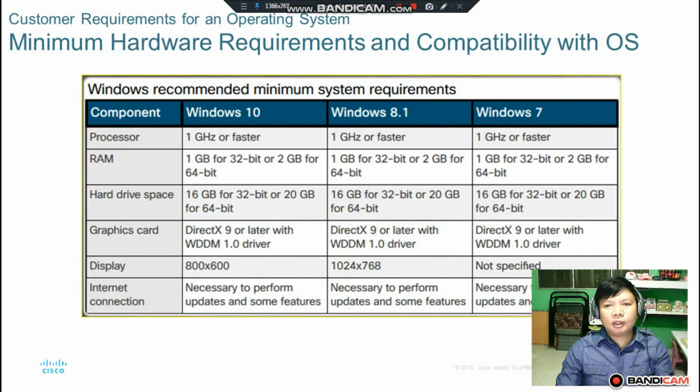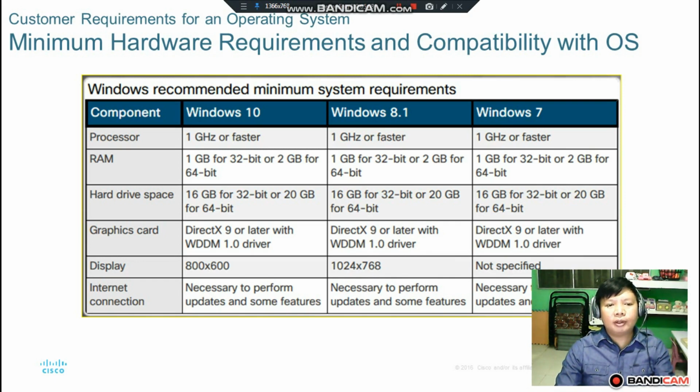Minimum hardware requirements. Windows recommended minimum system requirements. Components: processor, RAM, hard disk space, graphics card, display, internet connection. Windows 10: processor, 1 GHz or faster. RAM, 1 GB for 32-bit or 2 GB for 64-bit. Hard disk space, 16 GB for 32-bit or 20 GB for 64-bit. Graphics card, DirectX 9 or later with